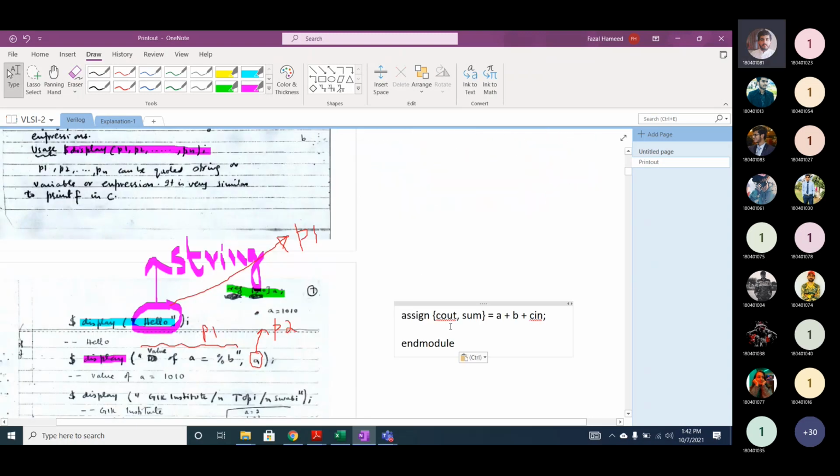No. If you define A as a reg data type, A is of type reg. And how many bit values? 4 bit.